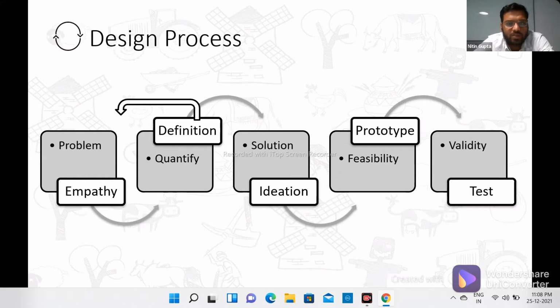The first step in this 5-step design process is empathy. In empathy, we become the user, or we go to the user, and find out what exactly they need. We speak to a lot of other stakeholders, every stakeholder involved in the activity or the problem you are trying to solve. We see it from all sides, and then we collect all this data. So in this first stage, we are not trying to